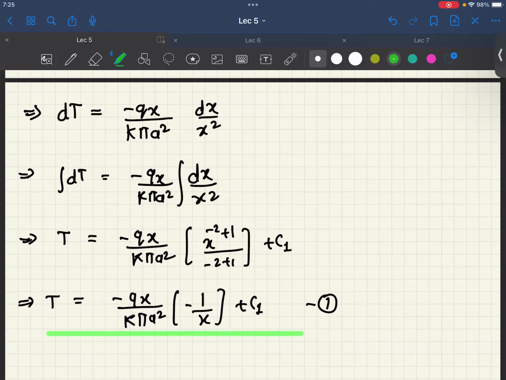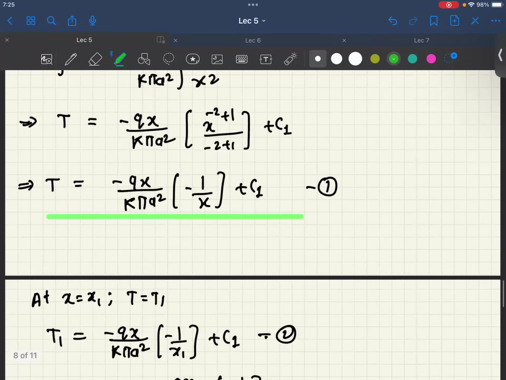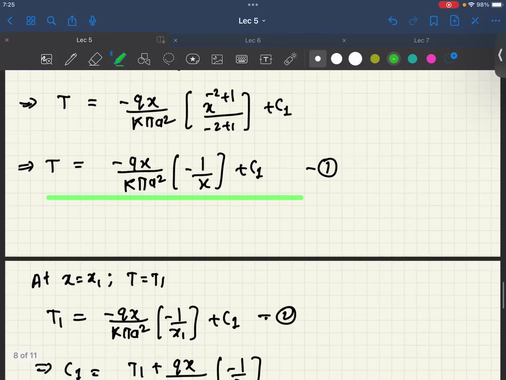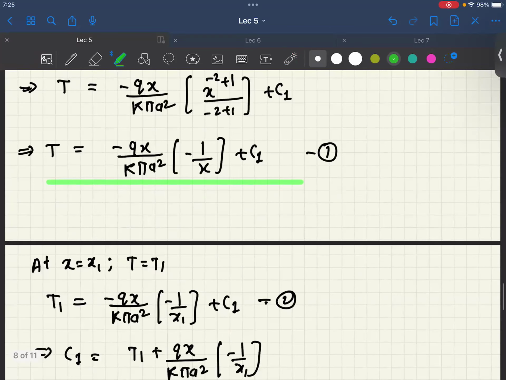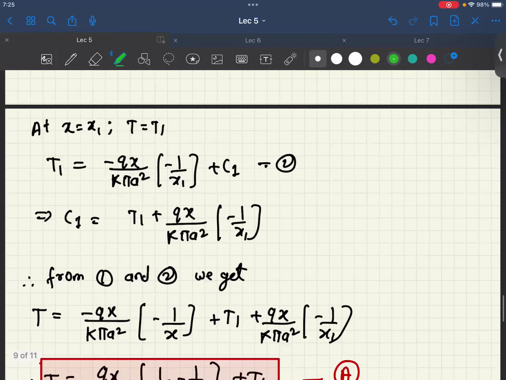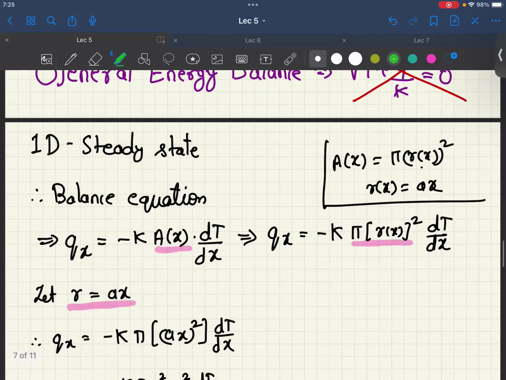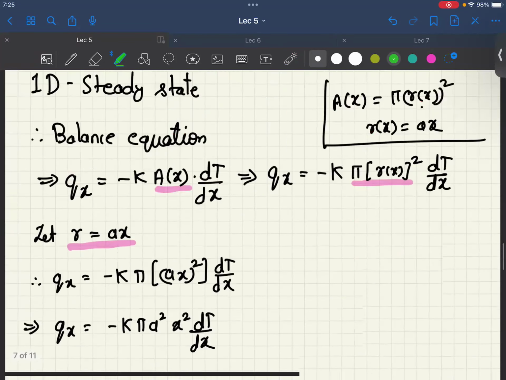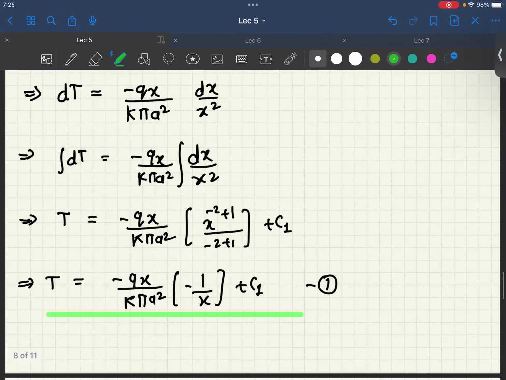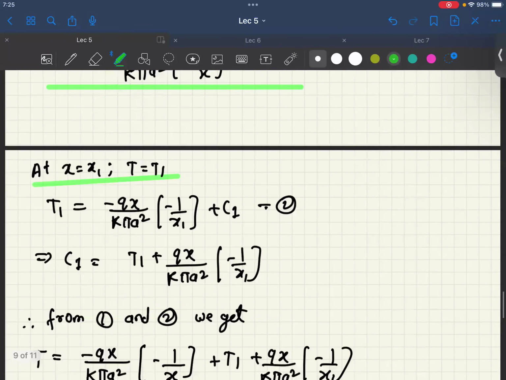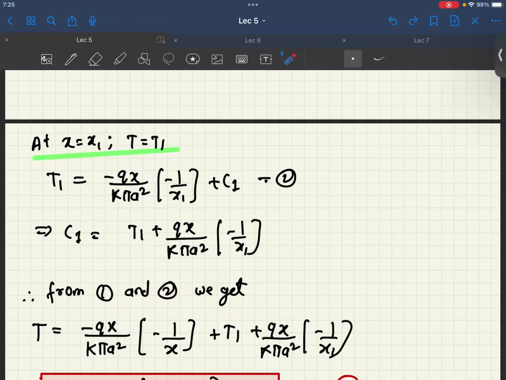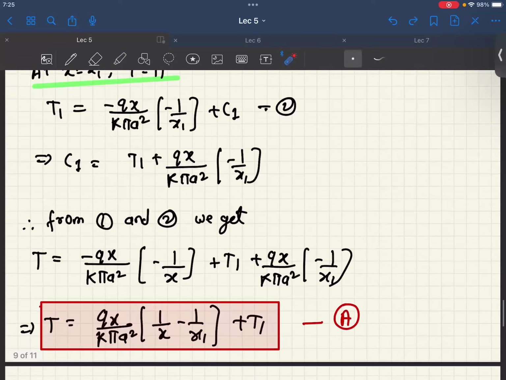Now since this is after one integration, here we can use the boundary condition. Now what is the boundary condition? The boundary condition will be that at x equal to x1 we have temperature T as T1, right? So we just include this, and then we calculate the value of C1, which corresponds to this, and then finally C1 and C2 we compute, and